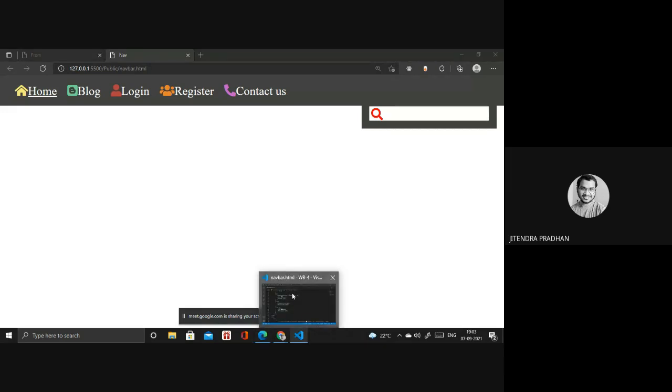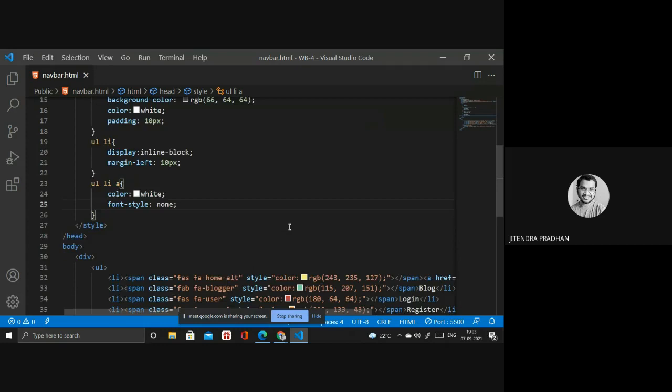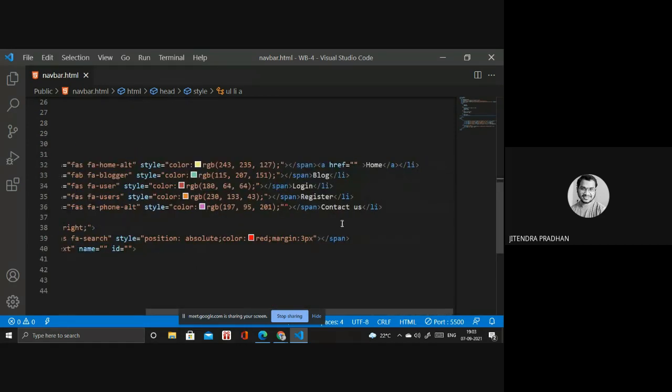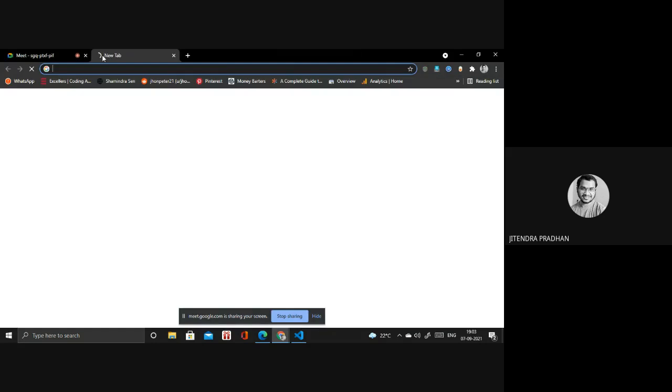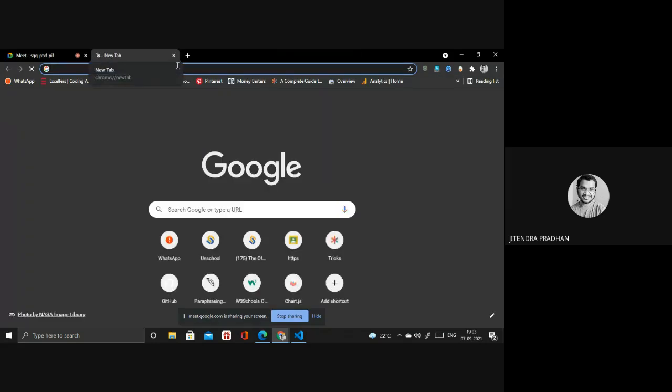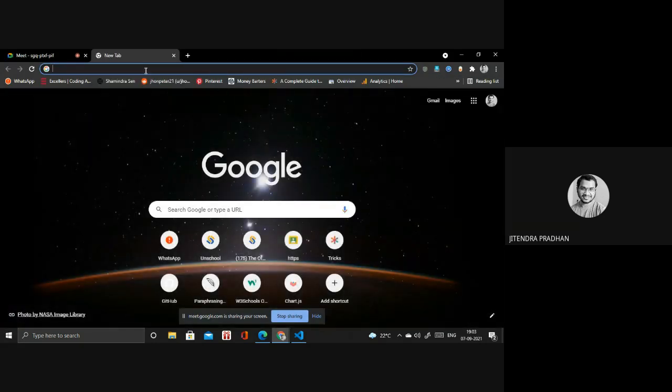But before that, I hope you got a decent idea about that. If you want to link blog, login, register, contact us, all these things, then you can by using the anchor tag. We can do that. Okay. Next thing, when I click that home, it will go to the particular website. So I need to give that particular website. It's a particular page I want to link. If I link W3Schools also.